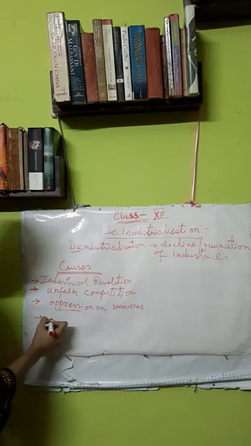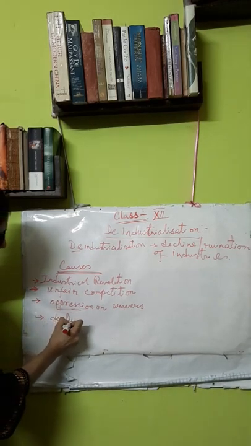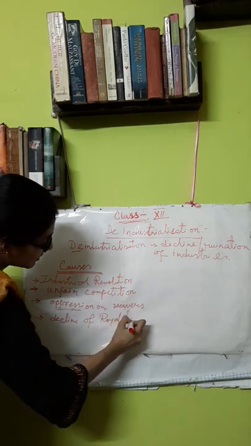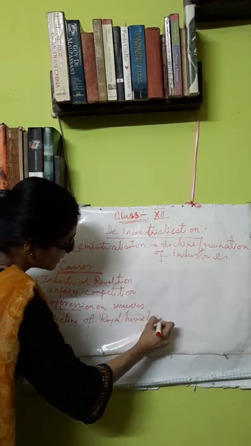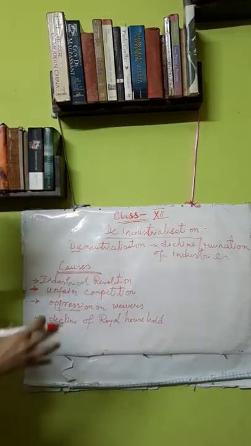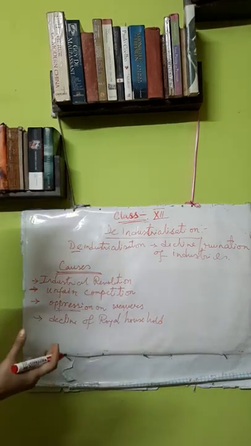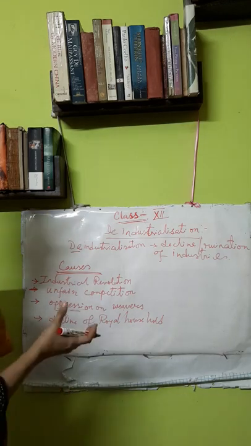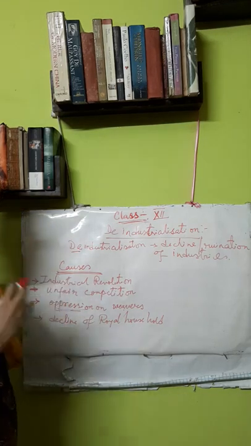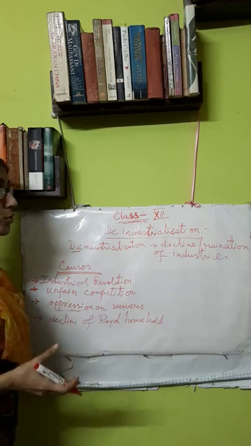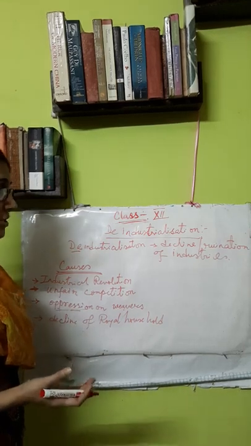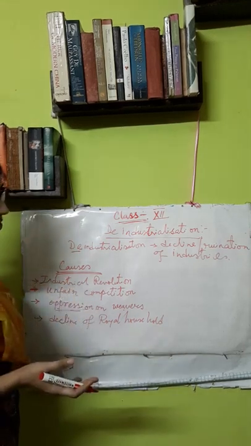Also we see the decline of the royal household. Royal household means the native rulers, the Indian native princes, who were declining because the British were capturing the Indian states and establishing their own rule. These royal households were the direct patrons of the cottage industries. They were giving their money for cottage industries.